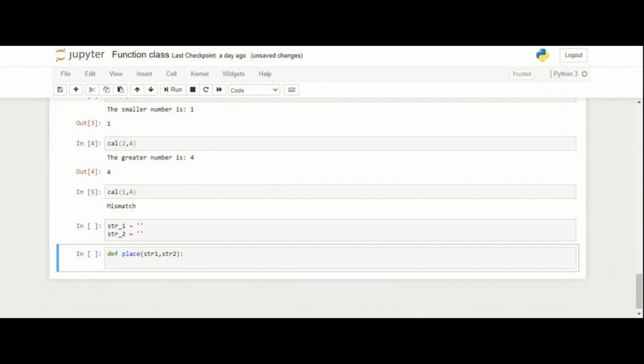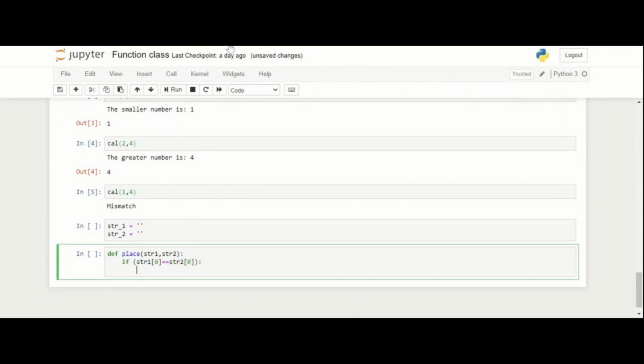And then I'm taking the first character, right? How to check the first character? Index. If str1 index of 0 equal to str2 index of 0, then it should